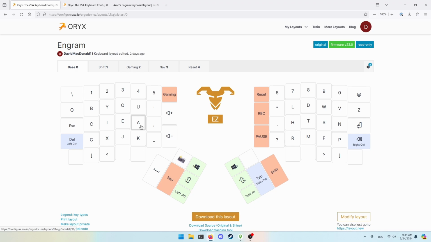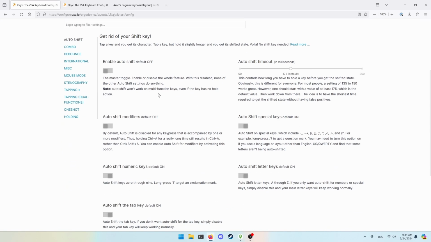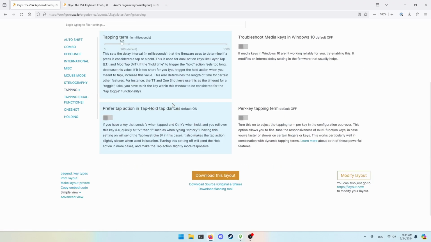but ultimately, I just don't think it's a good idea because it's inevitably going to slow you down because you can only make the hold action so fast. In fact, let me show you some of the settings I set to make it reasonable, because the first problem was